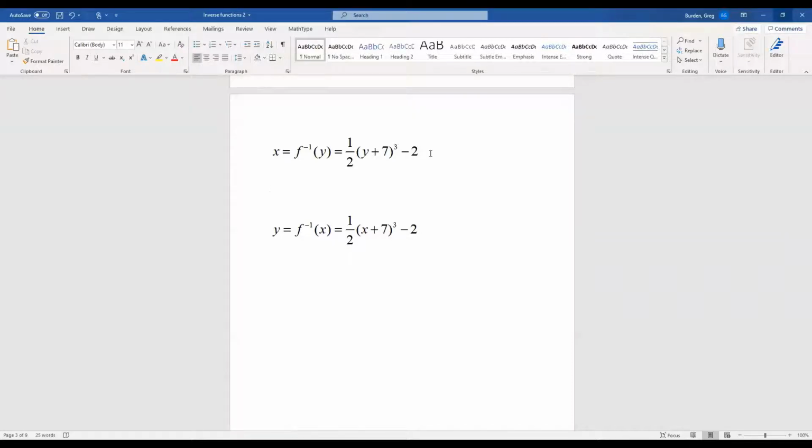but is the convention that is used in college algebra anyway, where we're going to go ahead and say, okay, we want all of our functions to go from x to y, and so we're just switching the roles of x and y around. So wherever you see a y, you write an x, and vice versa. So now we're back to y equals f inverse of x equals 1/2 the cube of x plus 7 minus